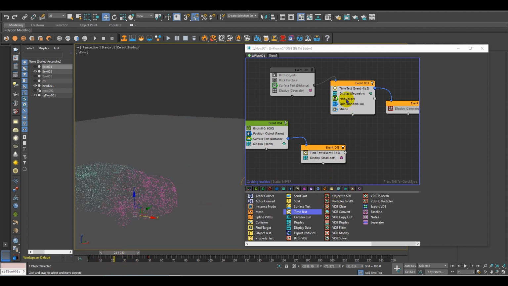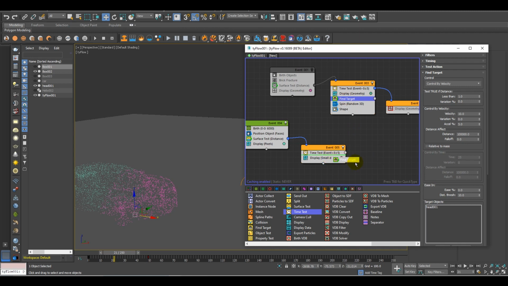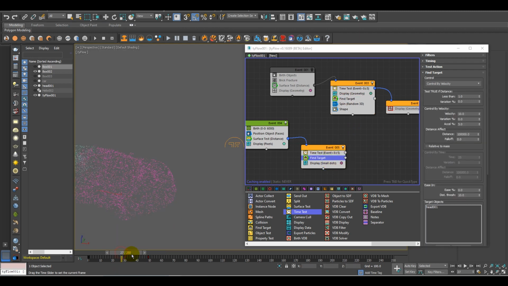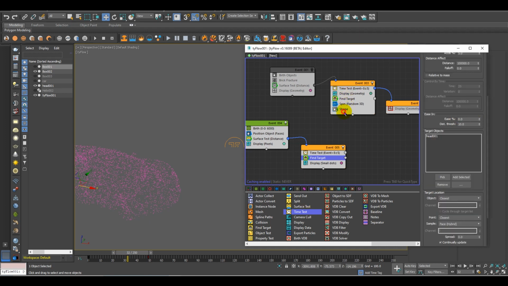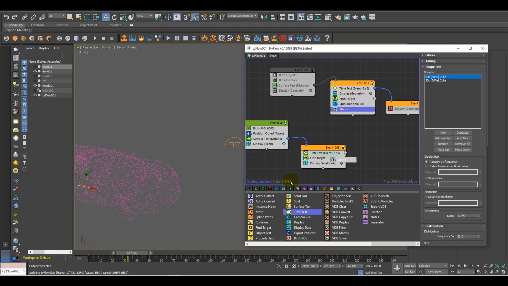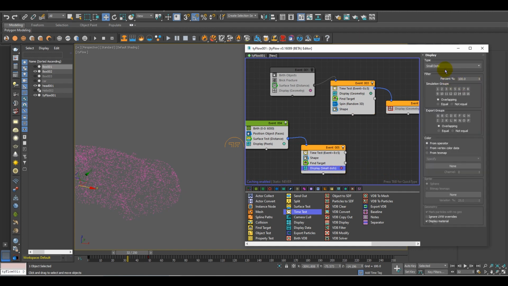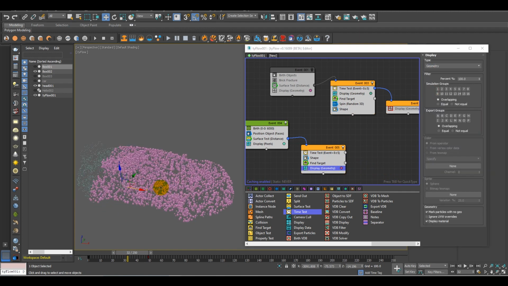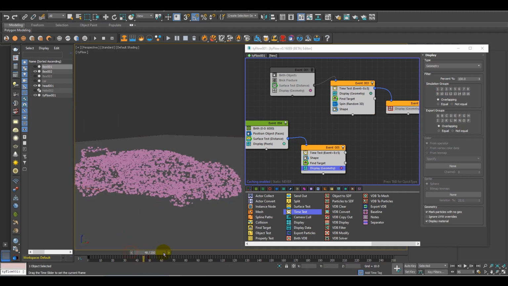So for that, I also just change this over here to started. Also, I have to change this find target now as velocity, and also I need the shape which I used over here. Let's drag it and change this dot to geometry so I can see it as a shape.